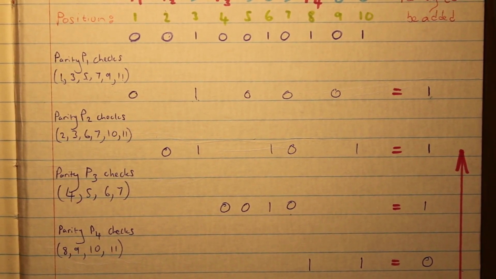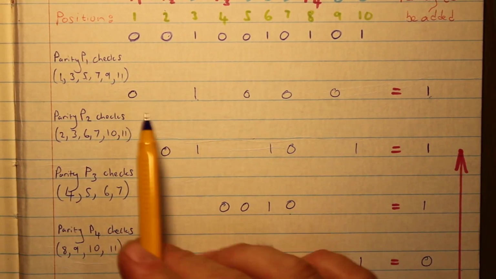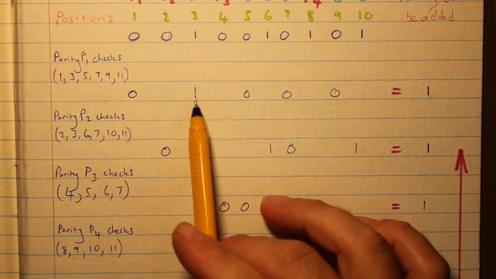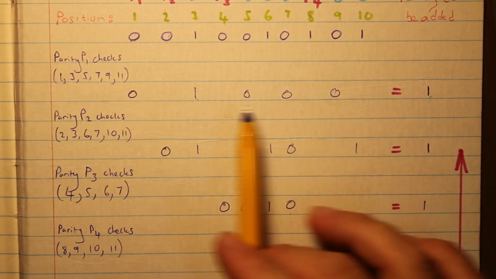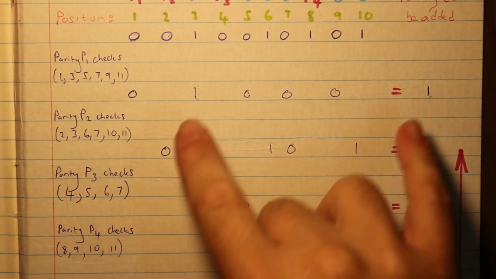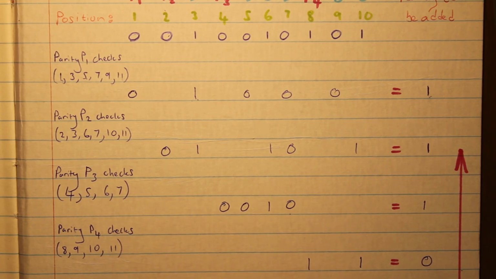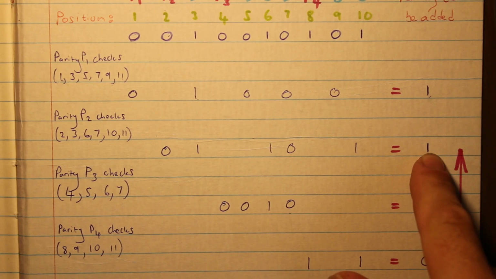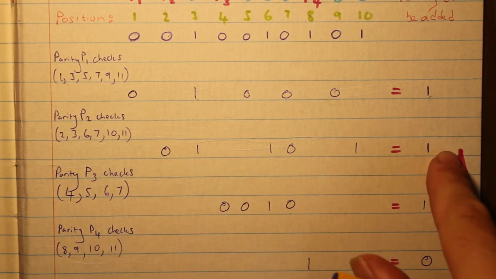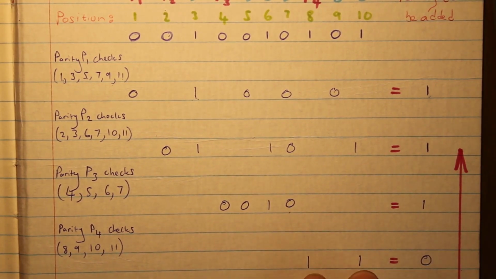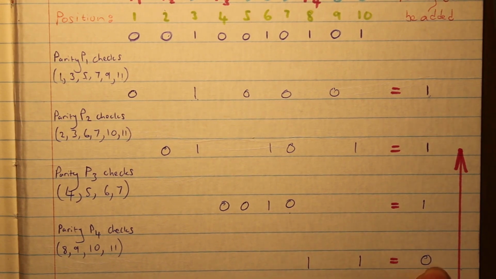All right. So again, there's 2 ways you can look at it. The exam papers usually have it like this: you count how many 1s there are, and to make it even you would put a 1. So there's only 1 there, so 2 would be even, so you put an extra 1 in that row. Here we have 1, 2, 3, so it's odd, so we add an extra 1 to make it 4, which is even. Here we only have 1 1, so we add an extra 1 to make it 2 1s. And here we have 2 1s, which is even, so we put a 0 there. Okay,